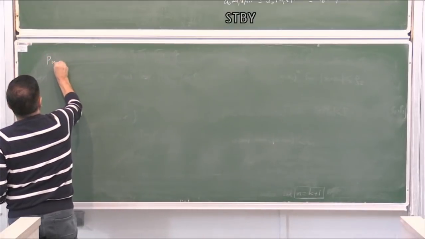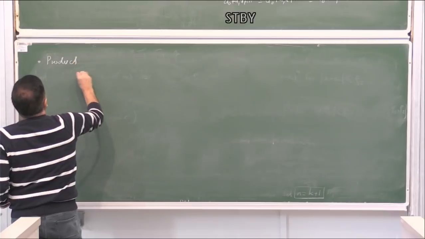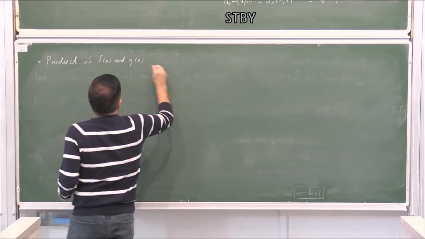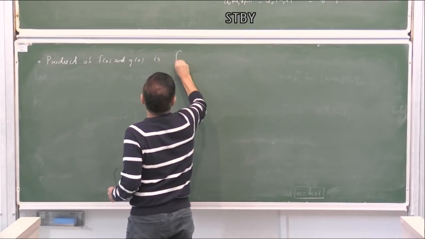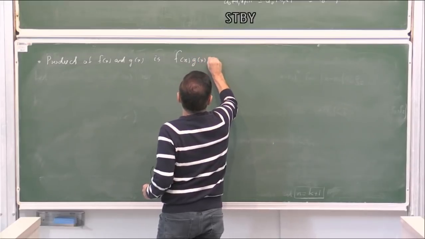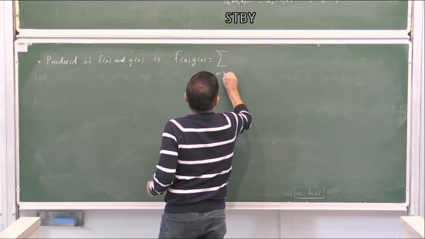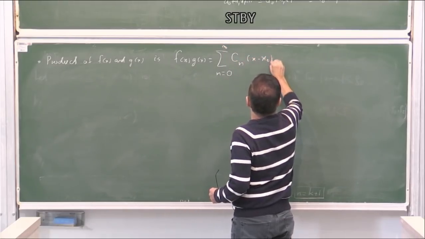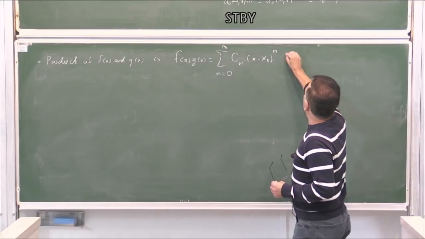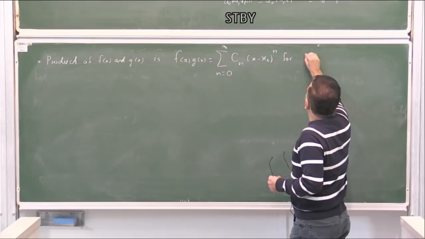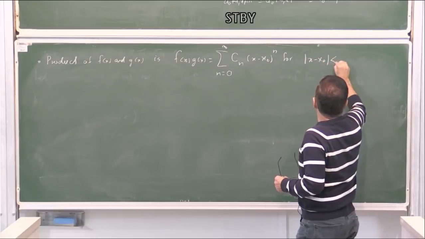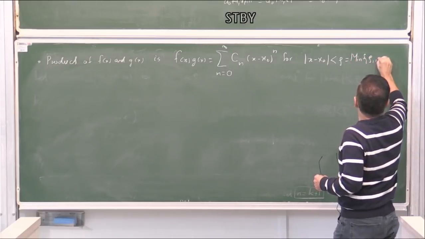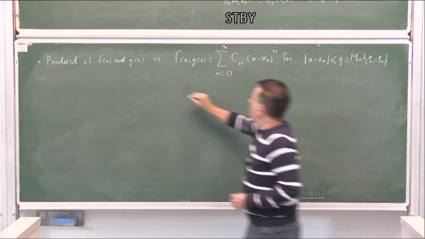So the product of f and g is a new series of the form sum from 0 to infinity of c_n times (x minus x0) to power n, again for x minus x0 smaller than rho, where rho is the minimum of rho 1 and rho 2, where